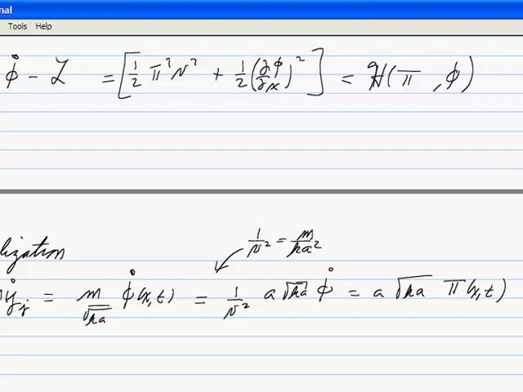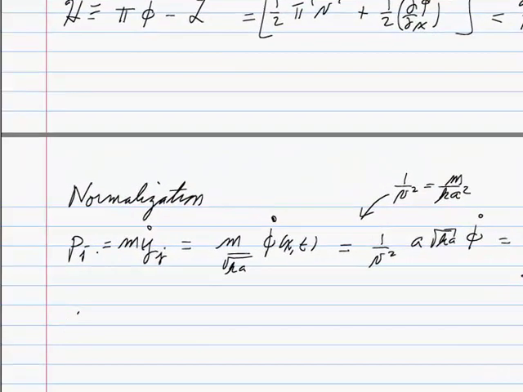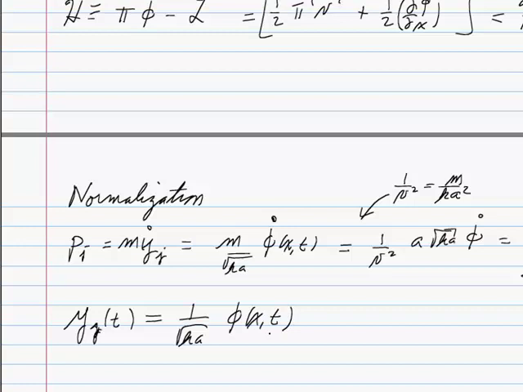Okay, and if you go back and you plug it through the equations that are up there on the Hamiltonian, you see this works out. Okay, I want that for my next step. So we have the coordinate yj of t is 1 over the square root of ka phi of x and t. And pi has that feature there. So that's where the explicit stuff goes. Okay. So that's the classical mechanics.